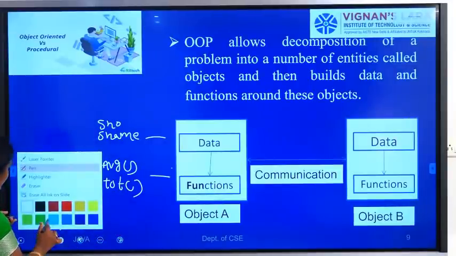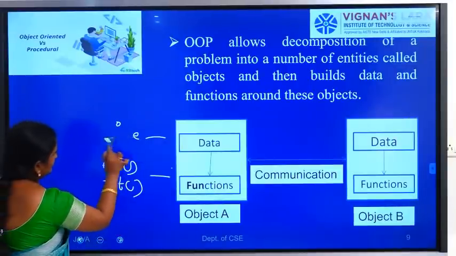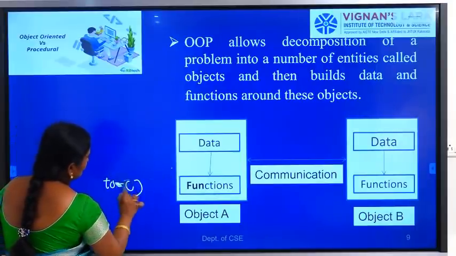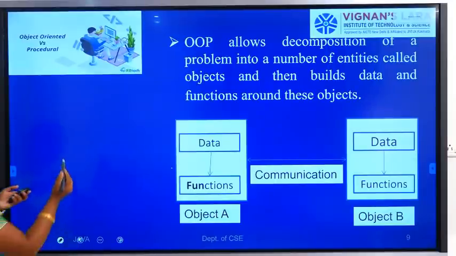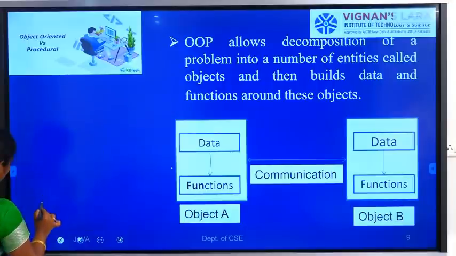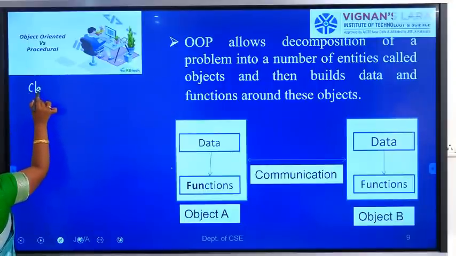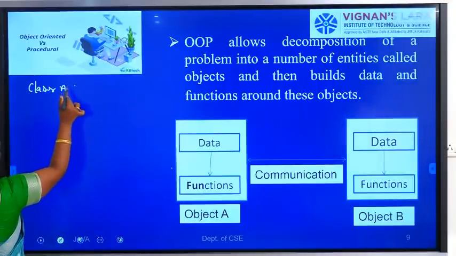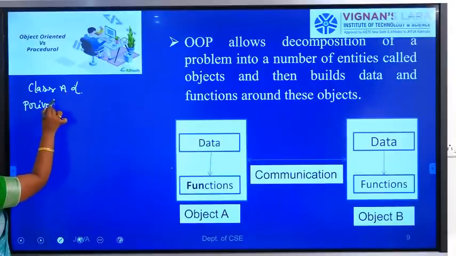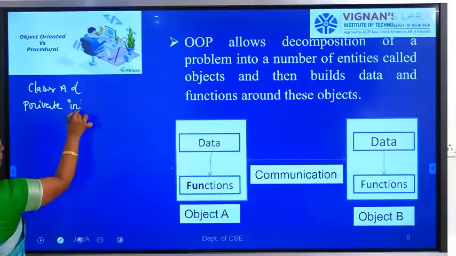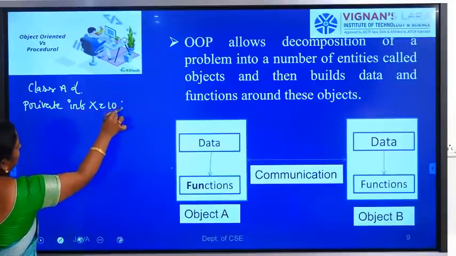Okay, I will explain the program. For example, we declare two classes. First, class A. I declare one variable, private int x equal to 10.